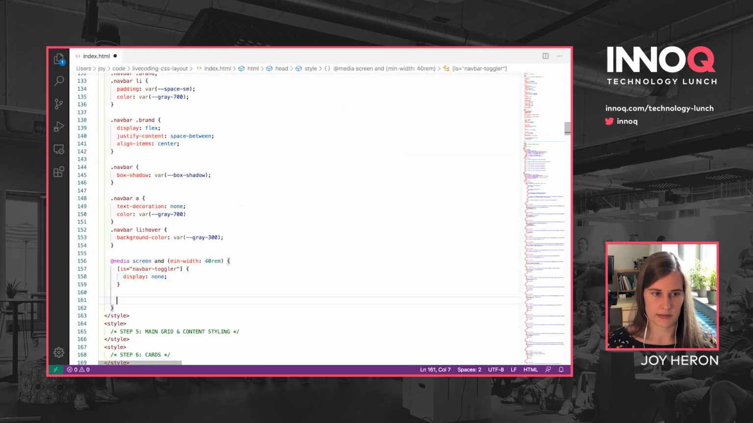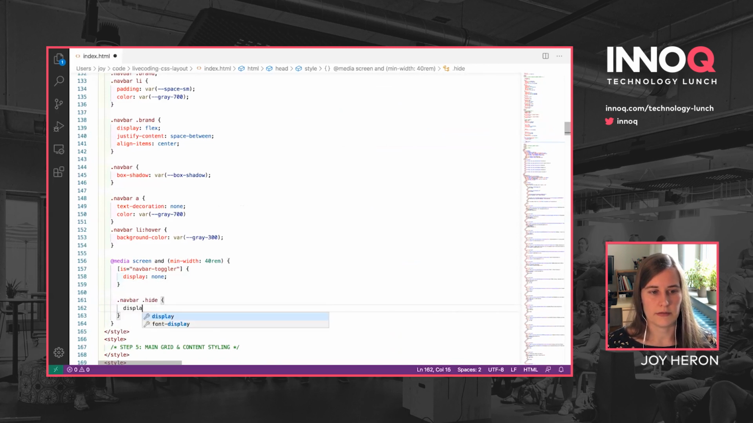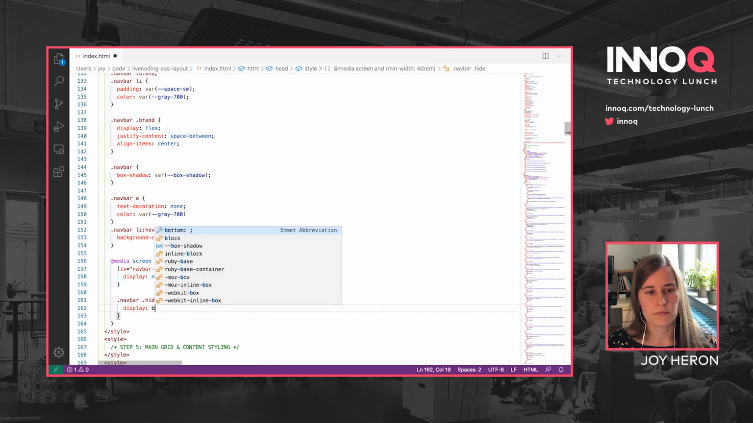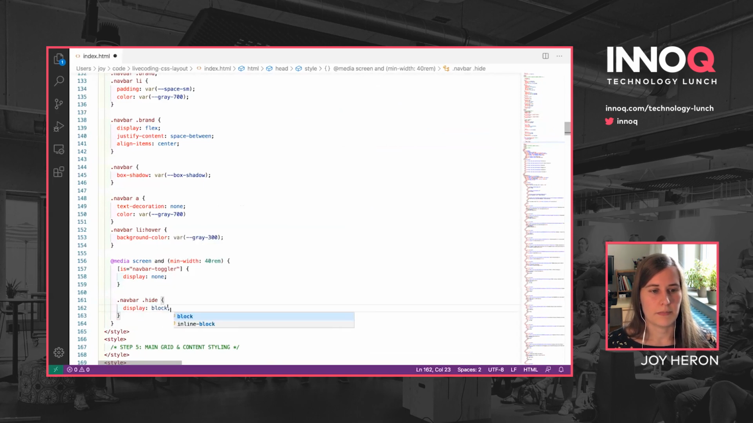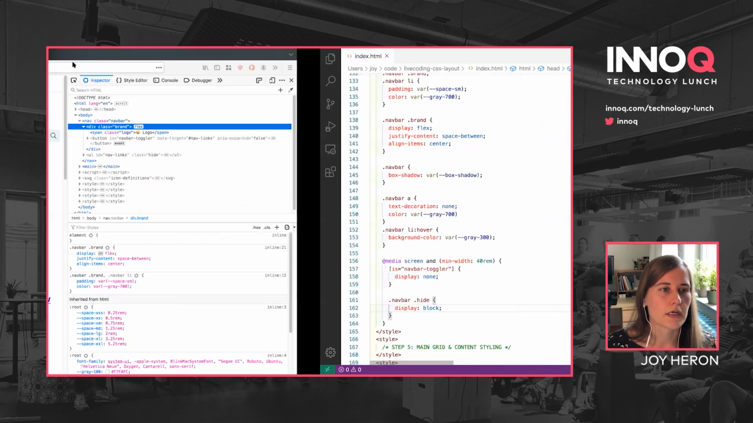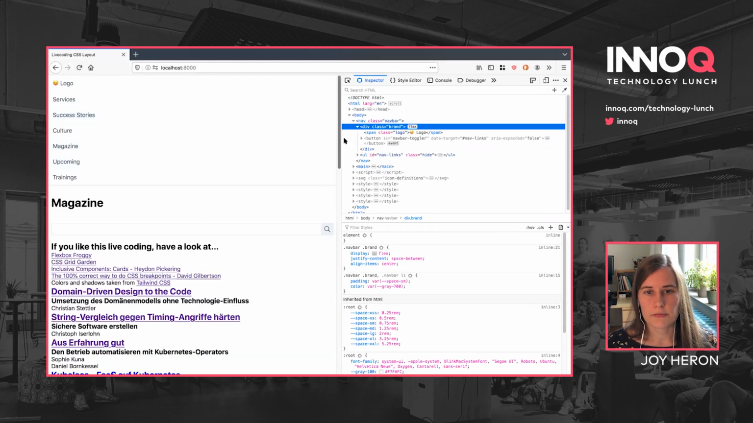So what I can do then is I can say zone hide display. I mean, you could do block, but what I want to show you here is what I want to do